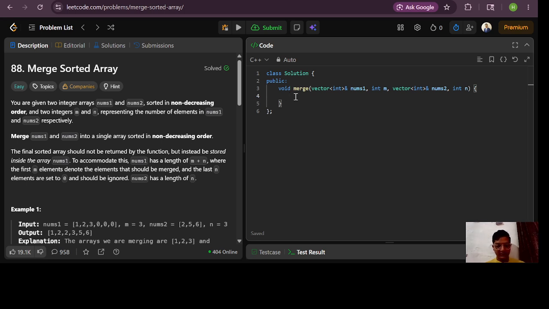So we will create a variable named i equals to m minus 1. Second is j equals to n minus 1, and third is for the sorted array, the merged array, k equals to m plus n minus 1. Yes, then we will run the while loop